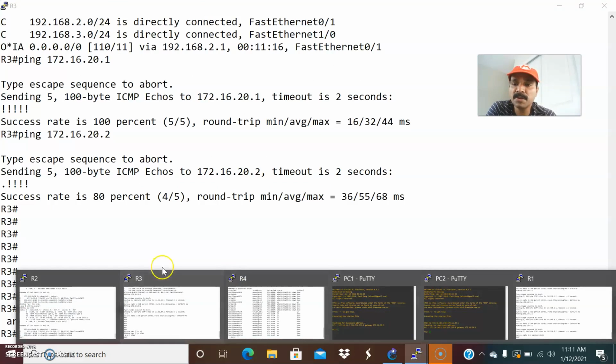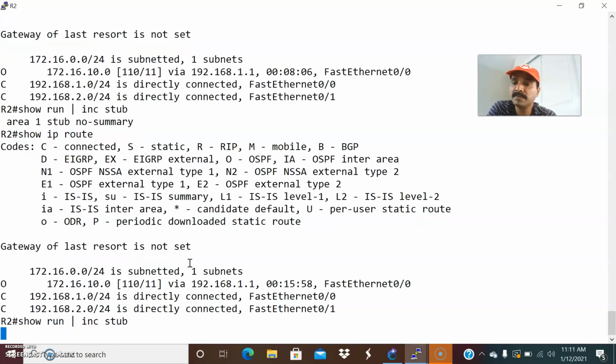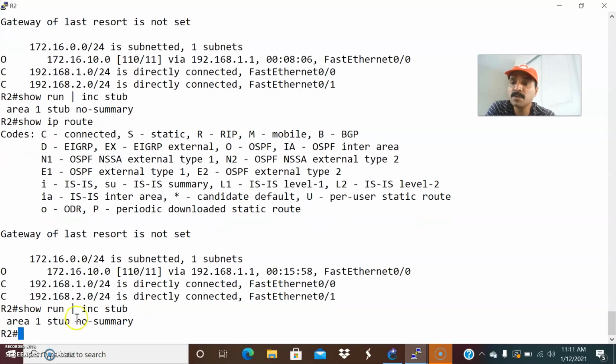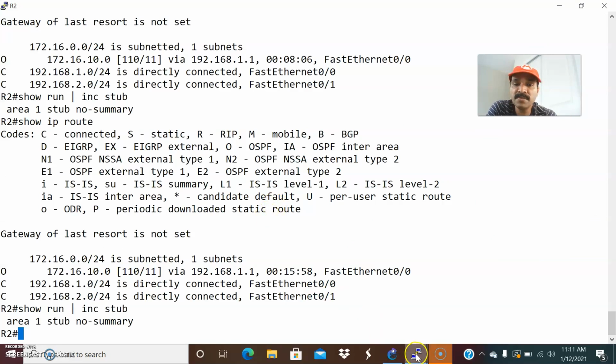So let us check from R2 whether we have configured any stub routing. Here also we configured this. Here we have configured the totally stubby area. Stubby is nothing but blocking the external routes. That is the reason we are not seeing the advertised external routes in the R1 routing table, because it is blocking the external routes. R3 does the redistribution; R3 is the border router. So what happened? Let us now go and fix the issue.